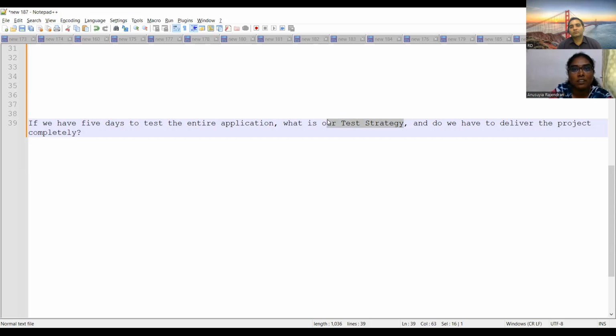Then the areas where repeated bugs or defects have been identified, and where frequent changes have been made due to defect and bug fixes, those areas I will test thoroughly.